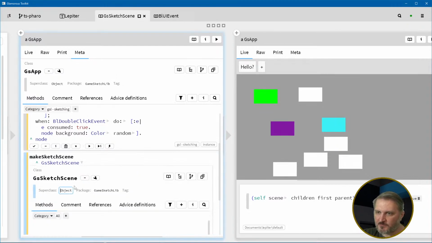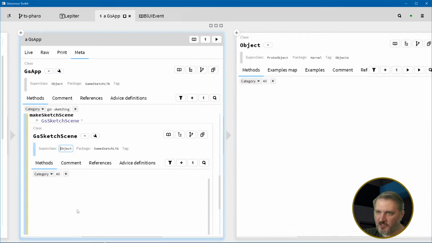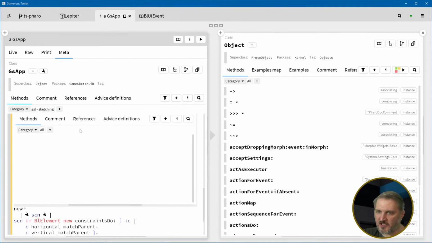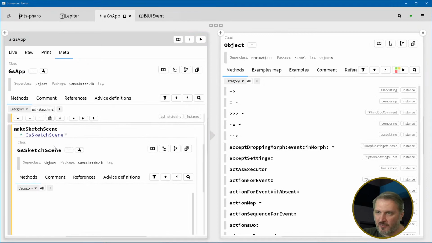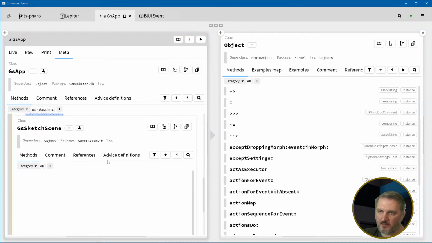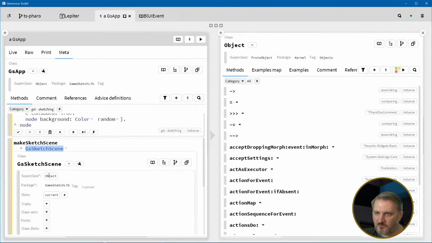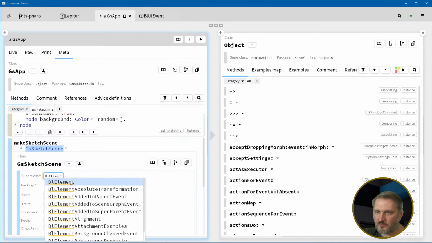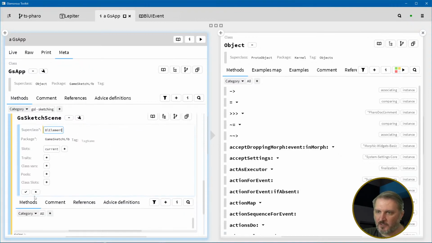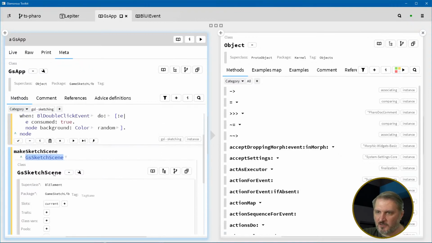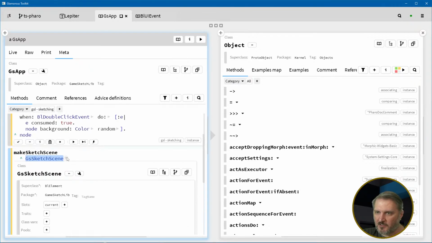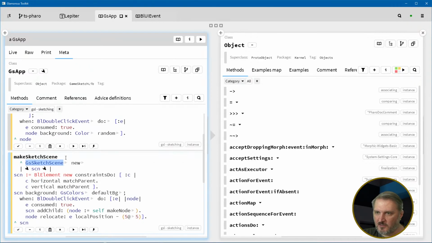I think I just said it was an object. I don't want it to be an object. I want a subclass of BL element. I want the superclass of this thing to be BL element. Okay. And then I say check, and then this goes away, and then I hide all this,